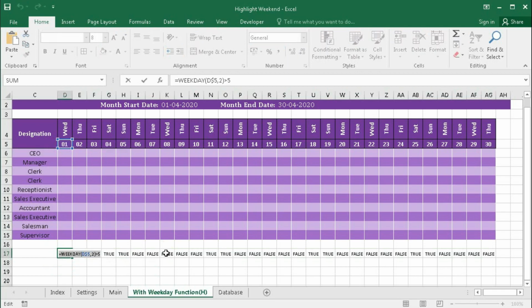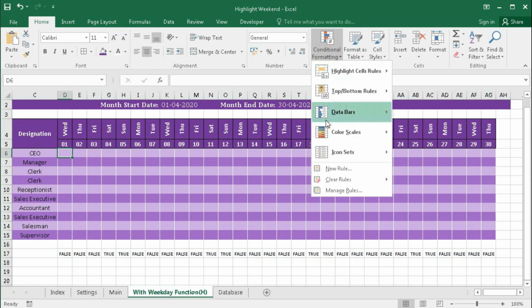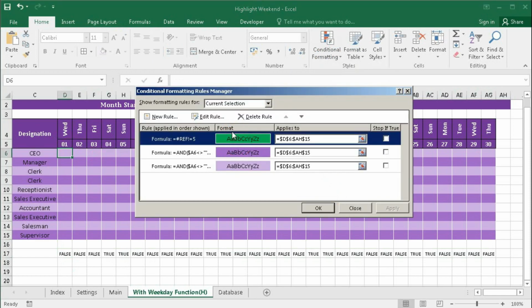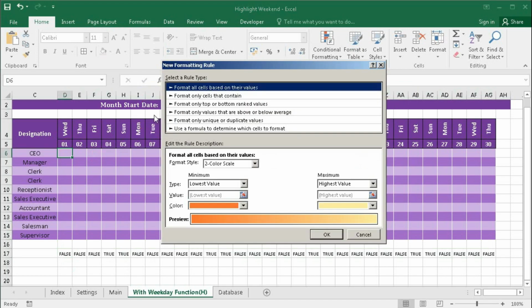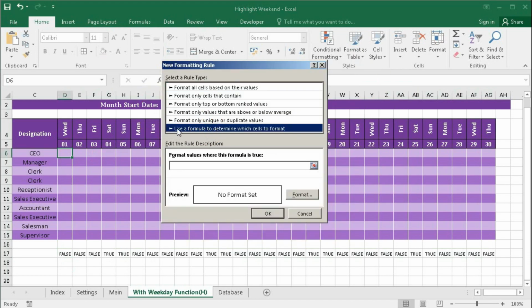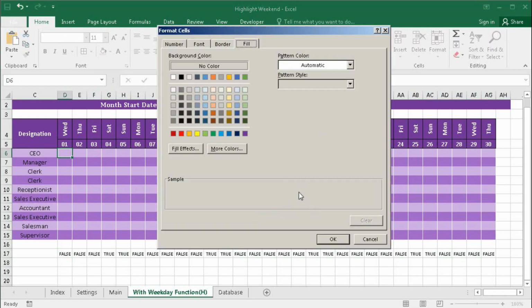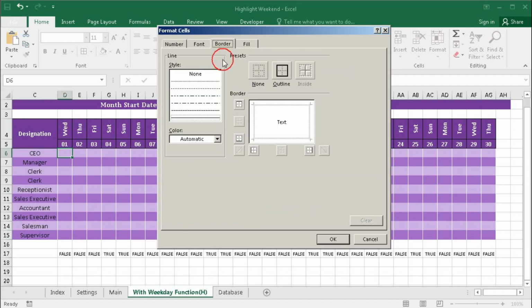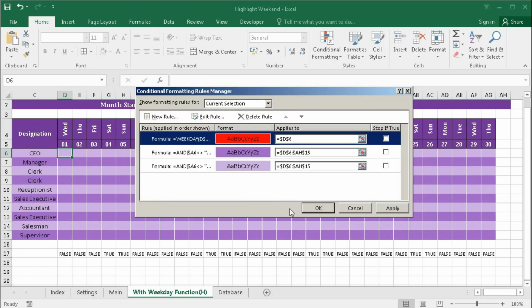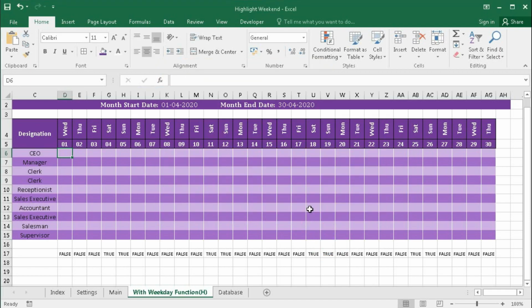Select this formula, copy, then go to manage rule, delete this one, click new rule, select this option and paste the formula here. Then format, fill color red, border with white color. Okay, and apply, OK. We can see that we did not get the formatting because we have not selected the range.